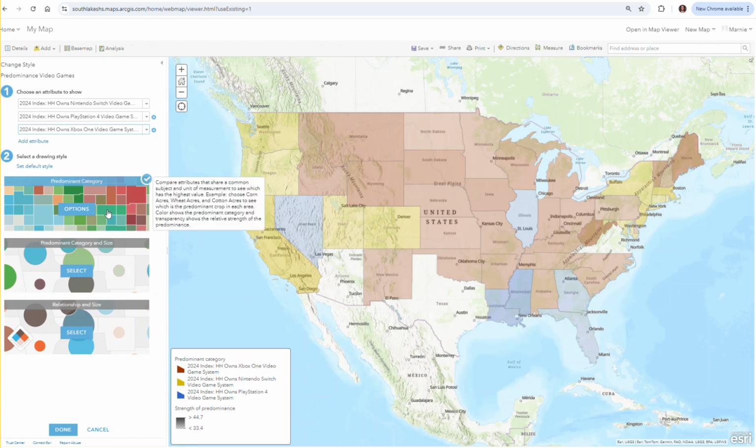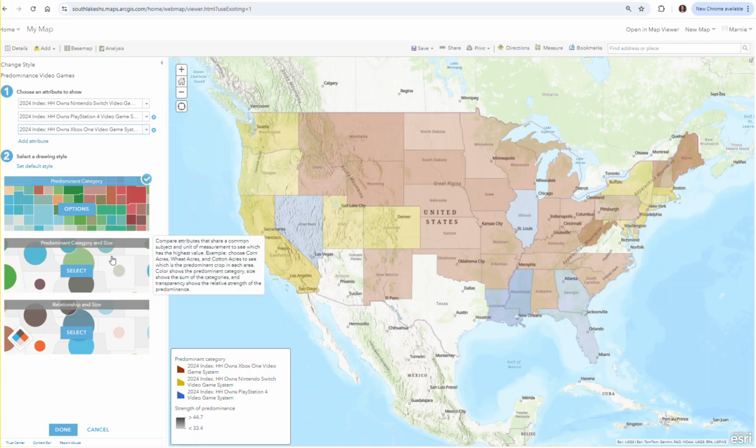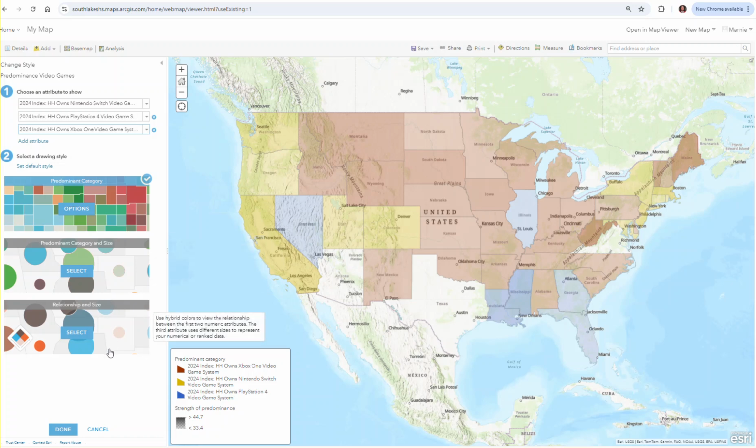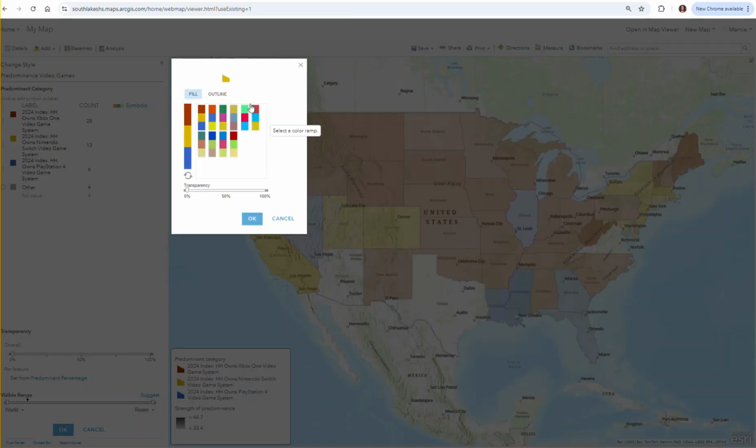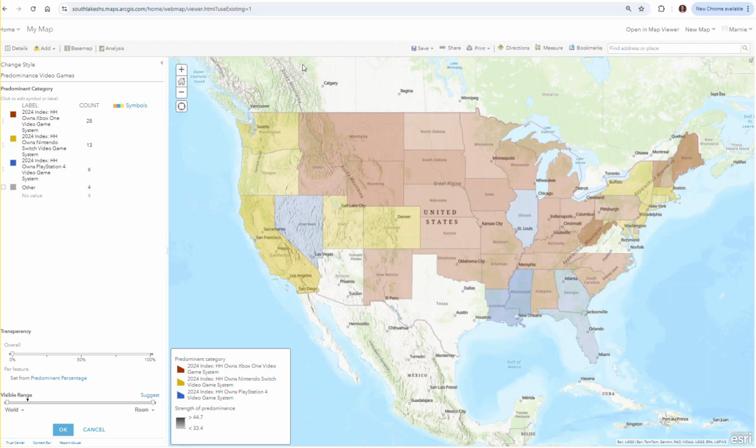So I could work in predominance, I could work in predominant category and size, I could work in relationship and size. There's different things in there that you have access to. But today we're gonna work on, and I encourage you to go in and look around at those, we're gonna look at predominant category here, okay? So let's look at options. Now, we can manually change legends when we come in here. We could either grab what we call a colorway,